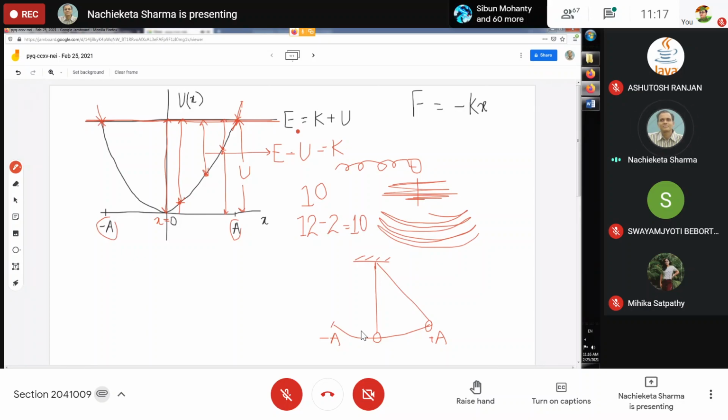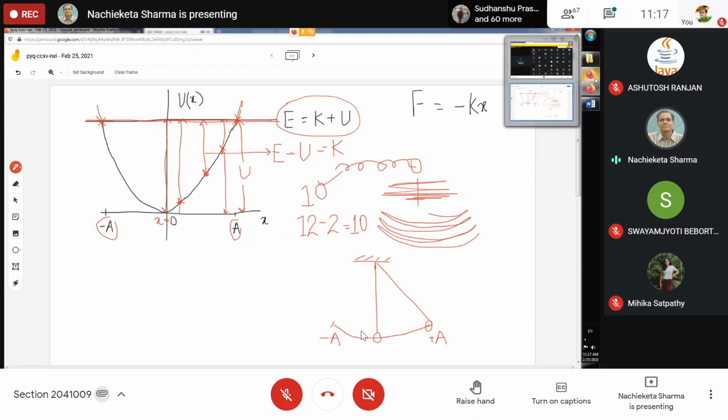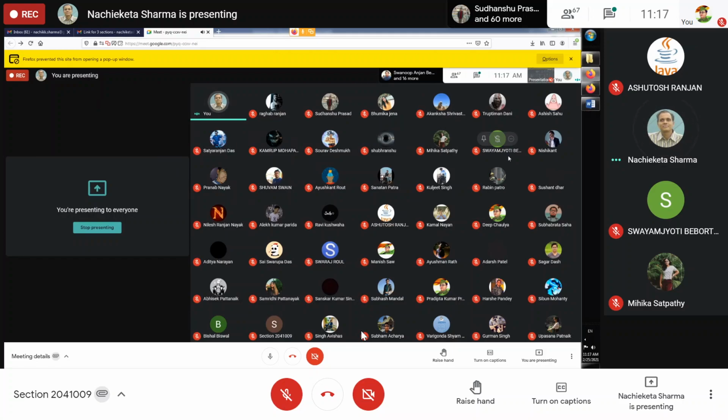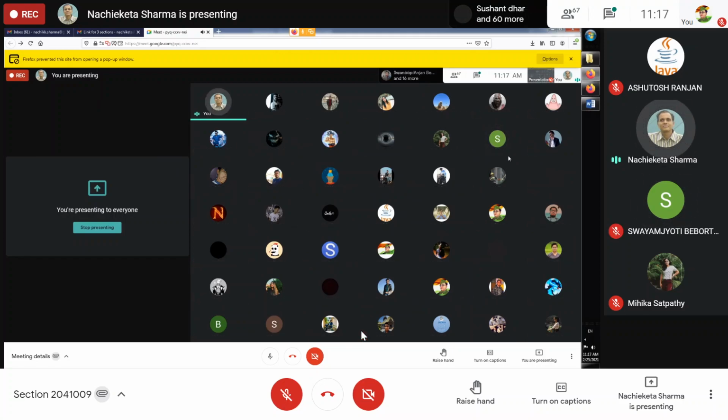Are you able to understand? Suppose the total energy is 10, and I have to make K plus U equal to 10. But already I have got a higher value for U, because now it has shot up this straight line to a bigger value. Suppose that is 12, but I have to make this sum 10, otherwise my law is going to be violated. So I add minus 2 and make it 10. So where is the mistake? Where is the error? Swamjyoti? Where is the error? Now my conservation law is not violated.